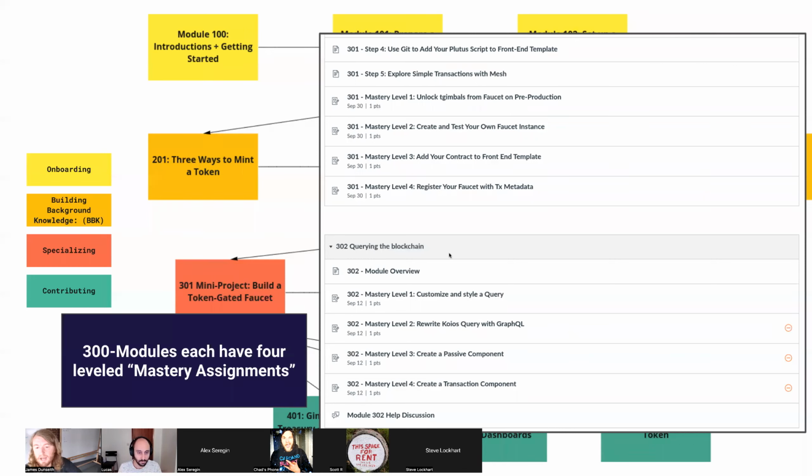Levels 3 and 4, by the way, I mean, level 4 is the most challenging, right? Level 1 is relatively approachable. Level 4 ought to be a challenge. And so levels 3 and 4 here are pushing people to start thinking in terms of creating components that other people can pick up and iterate on. And all of those will be open and part of the PPBL front end template, which is a React project that other people can fork or clone and use that to initialize their own Web3 front end.